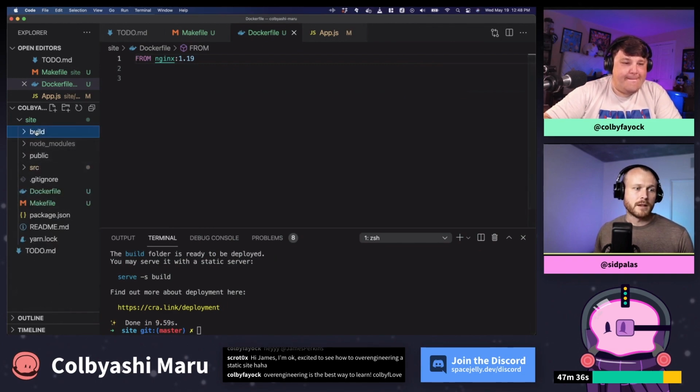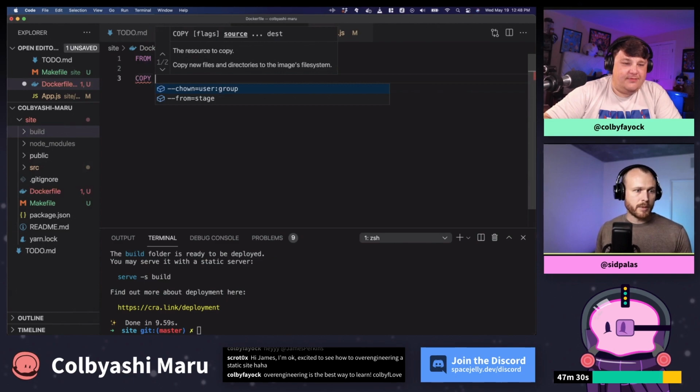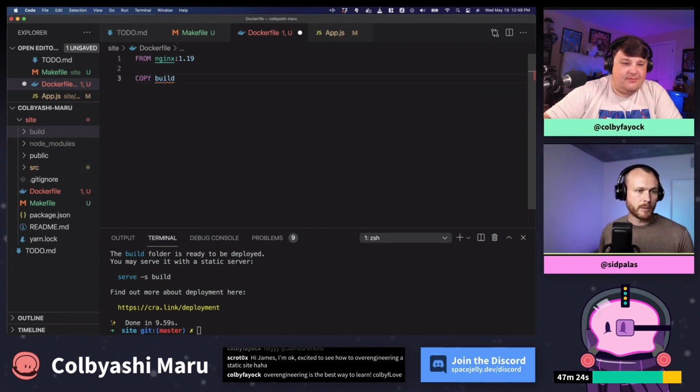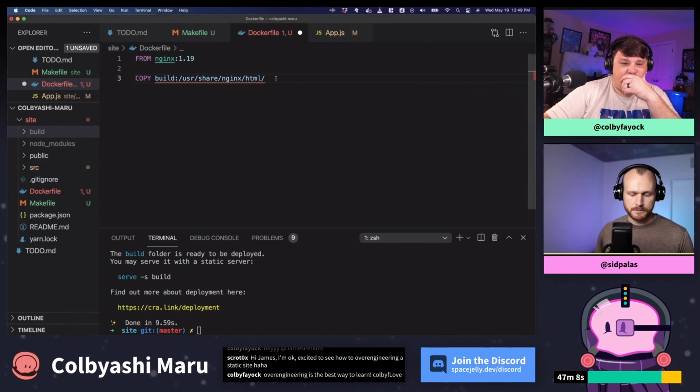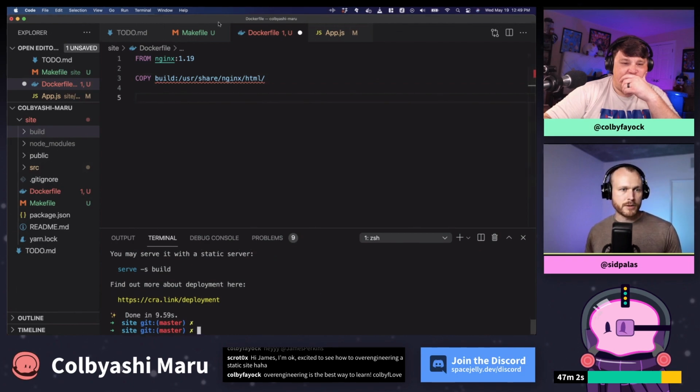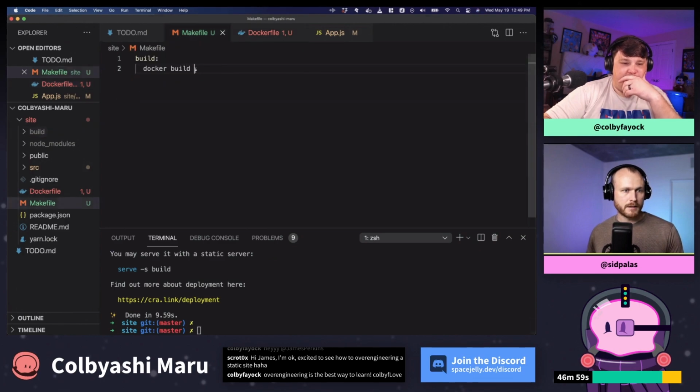And effectively, we need to copy those files into our container. So we'll do copy, and that'll be build. Actually, I'll set we want all of build, and we're going to copy that to a specific location that the nginx container is expecting to serve its website from, and that is /usr/share/nginx/html. Okay. And so now I'm also going to do one more thing. I'm going to tag this image and name it nginx